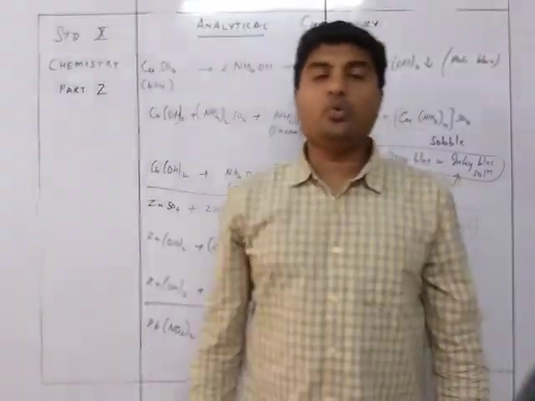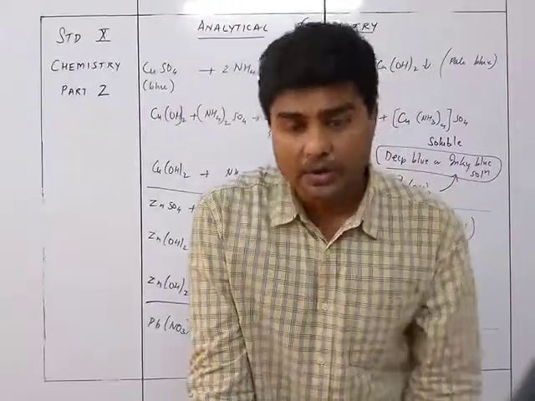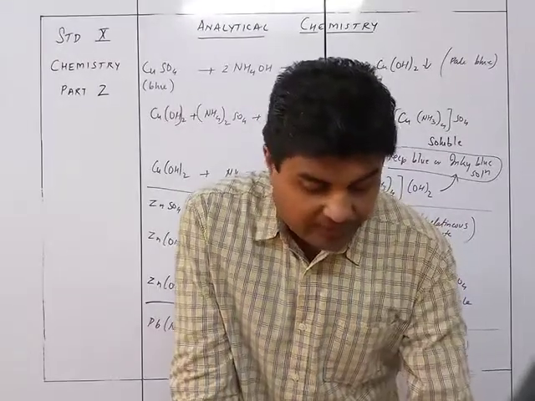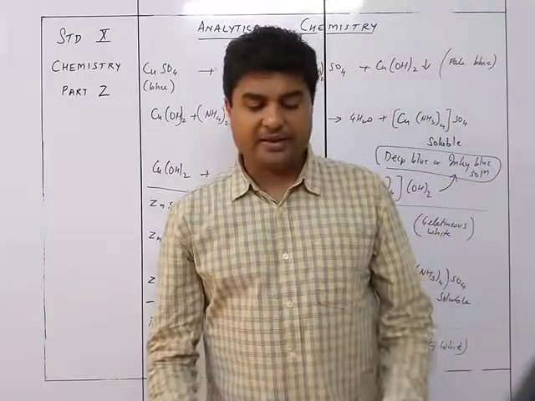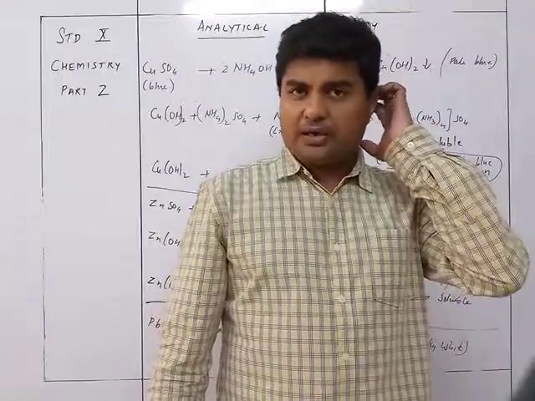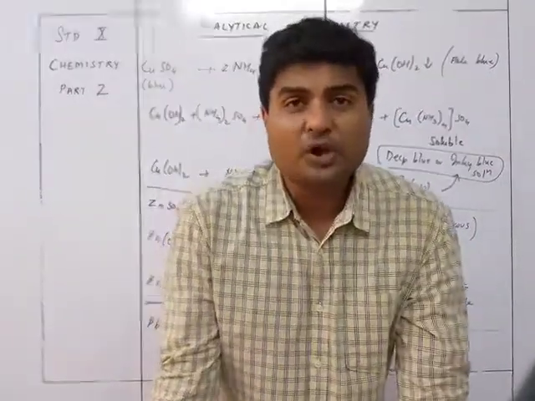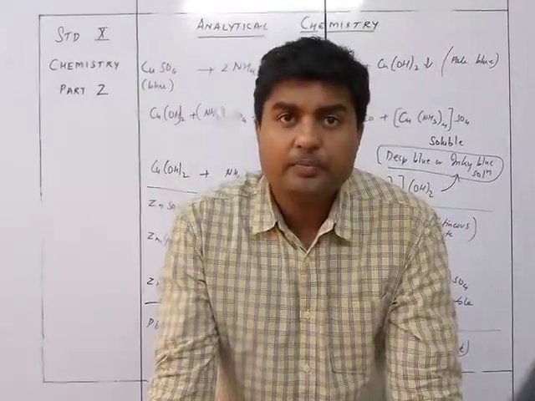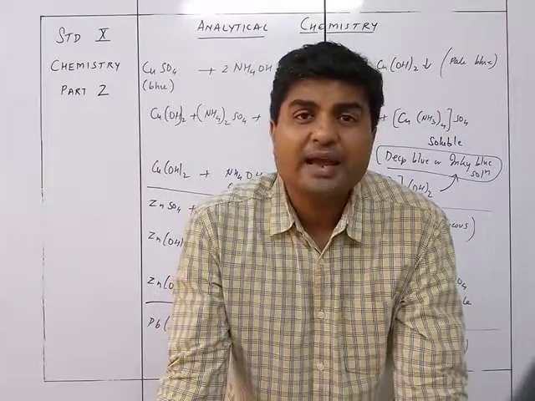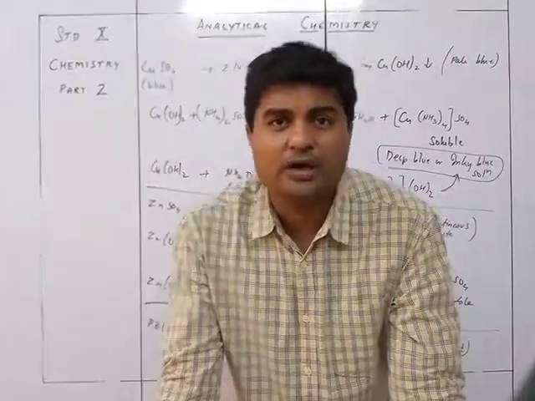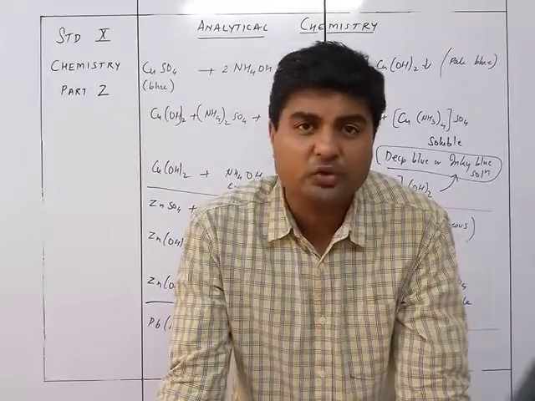Okay, so this is how you identify the cations present in a salt using sodium hydroxide or potassium or ammonium hydroxide. Now we move on to the next part of the chapter, that is the action of alkali on certain metals and their oxides. So as I told you earlier in the first video, the oxides of aluminium, lead and tin are called amphoteric substances, because these substances can behave as an acid or a base, and accordingly they can react with acids to give you salt and water, and also can react with the base to give you salt plus water.